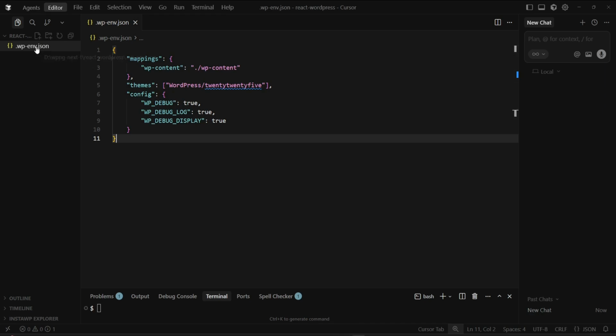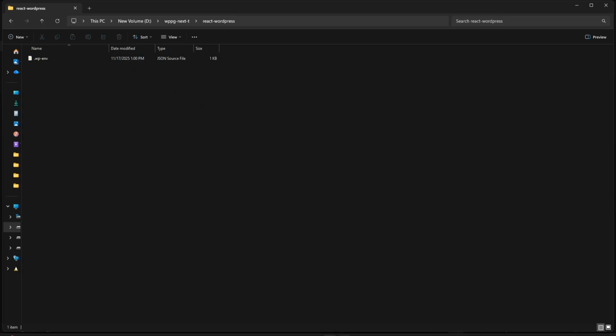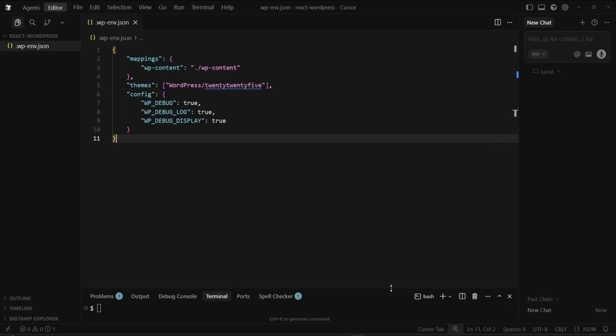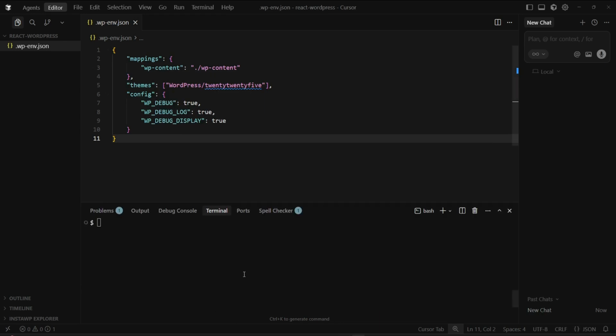I'm already here. The next one is we need to set up WordPress env globally, and the second one is we need to start our development environment. So I made these two steps before, and at the moment I need to only run this command here,